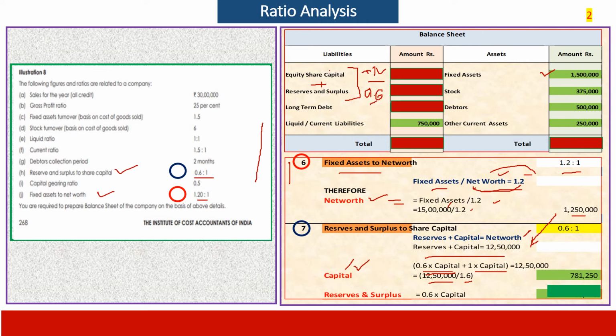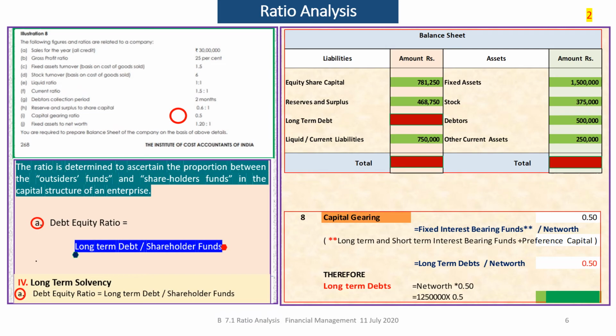As per the same example which is given, if capital is X amount or 1 amount, 60% of it or into 0.6 is reserves and surplus. Let us post the capital here. Once you post the capital, 7,81,250, to the same capital you multiply by 0.6, you get 4,68,750. Post that amount. With that, we have covered everything except one item. Let us proceed to the next slide. Here we have got one item which is pending, that is called capital gearing.